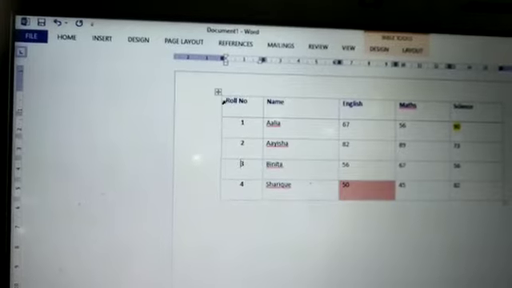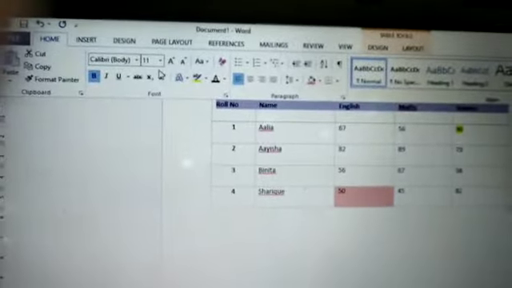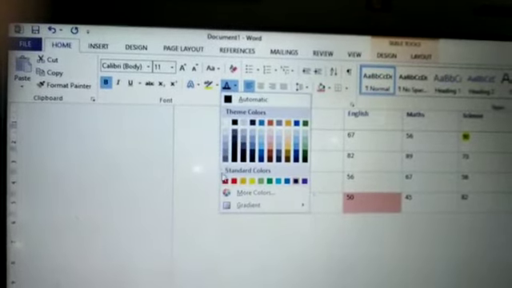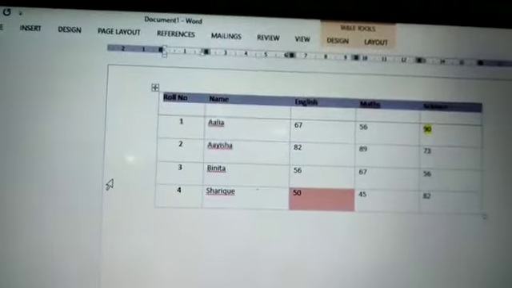Now suppose you want to give a different color to the heading, select the heading, go to Home. Here you can select the color. Now the heading color is different.